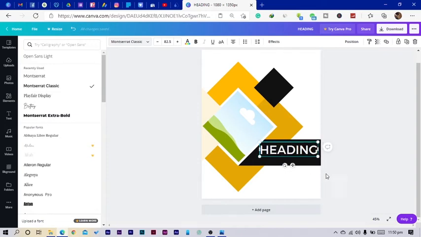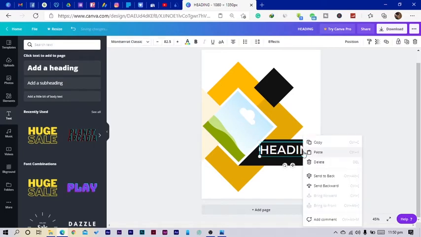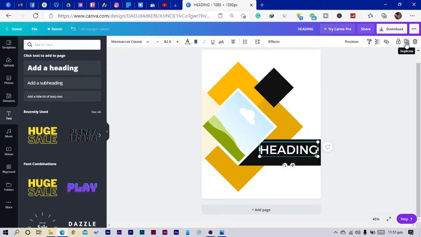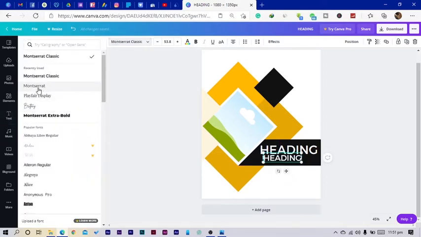Then what I'll do next is I'll right click on my text and copy, or instead of going the long way, copy and paste, you can just click on your text and come here, you see duplicate. Once you click, it makes a duplicate of your text, and I'll just reduce the size, and change this to Montserrat, the regular Montserrat. Once it's done, I'll reduce the size a little bit and move it here, and I'll stretch it a little bit, and I'll just say